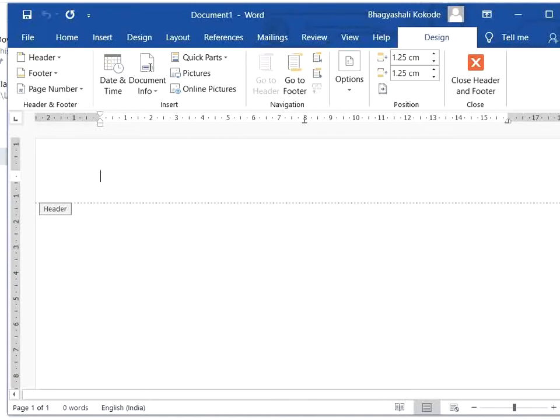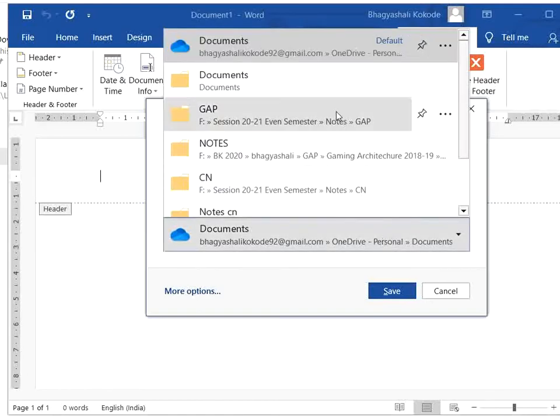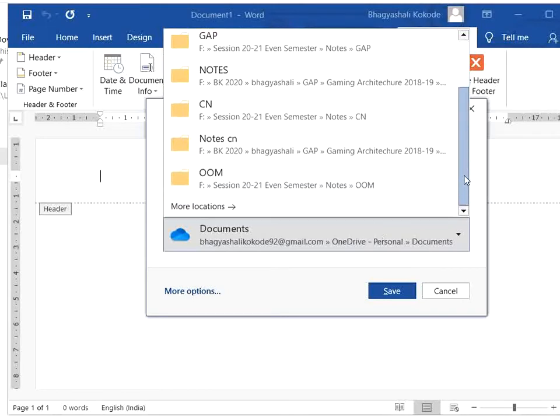The next shortcut key as a general program shortcut is Control S. Whenever I press Control S, it is used for saving the document. Here you can save the document in a particular location.